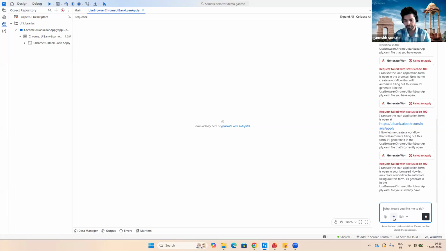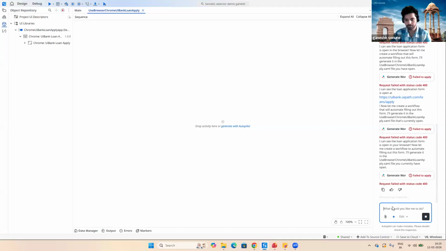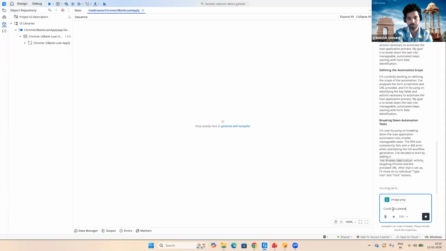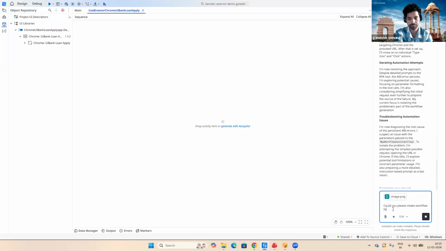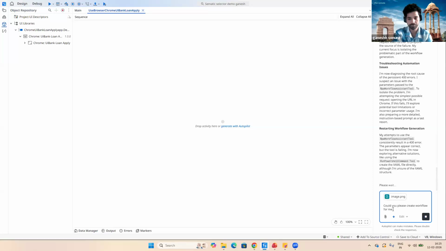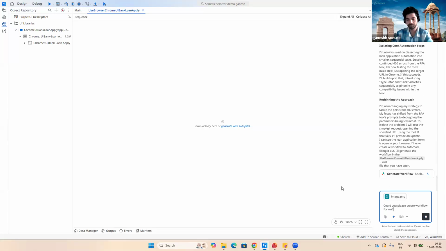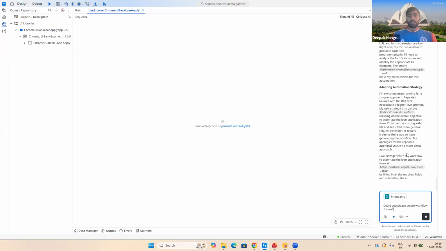Let me just change the module. I think there is some issue on the backend system because we are using the staging environment.